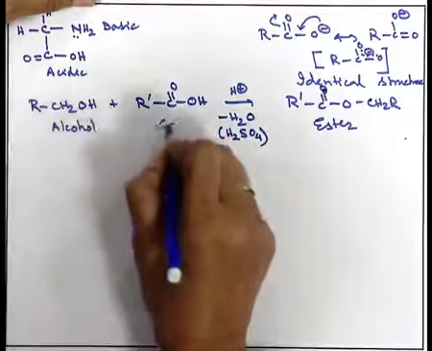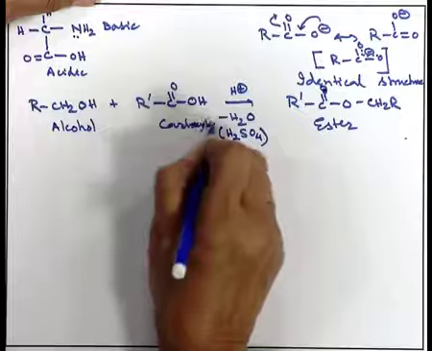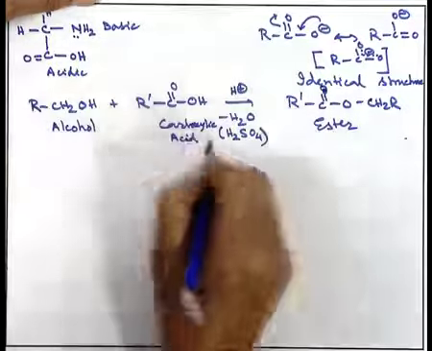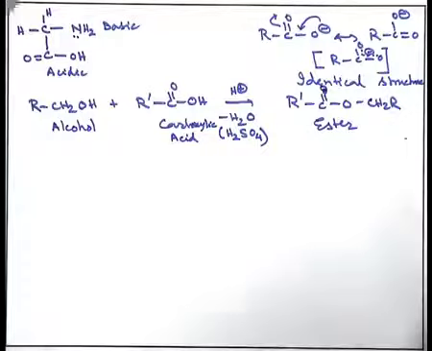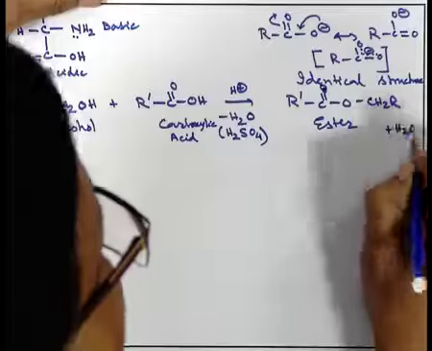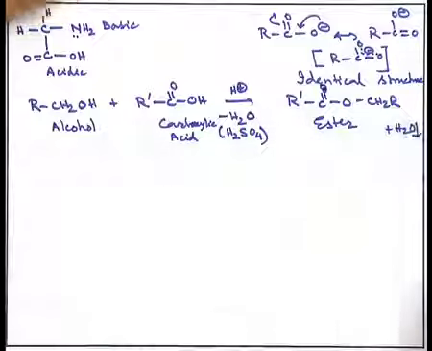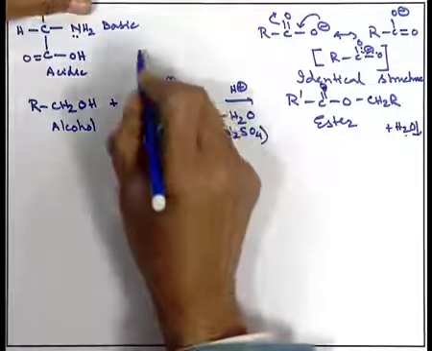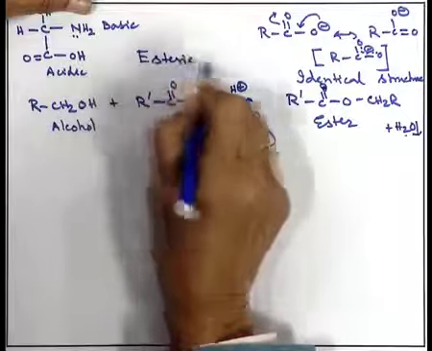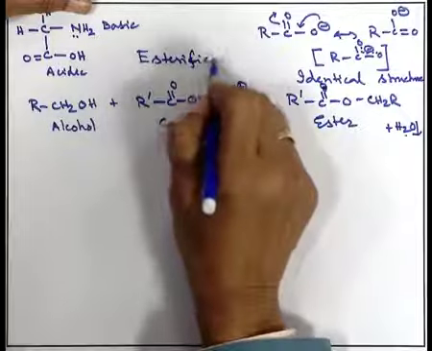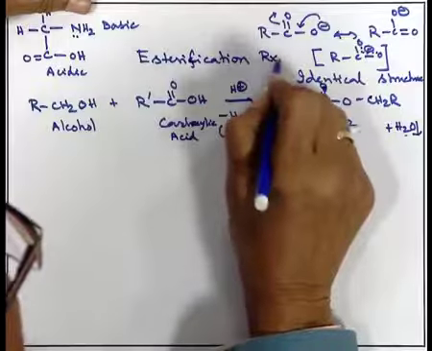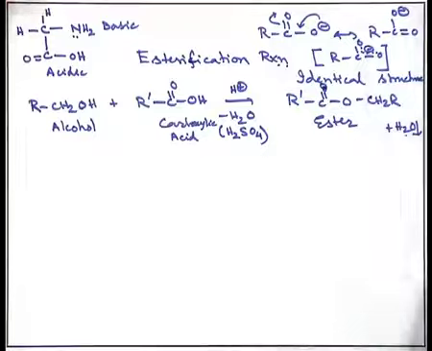So, when alcohol and carboxylic acid are mixed together in presence of a little bit of sulfuric acid, which acts as not only an acidic reagent, but also a dehydrating reagent, that helps in the production of an ester, together with some water, and that water will be taken care of by the sulfuric acid. So, this reaction is called an esterification reaction. So, we understand that when an acidic group is present and a basic or neutral group is present, they can form an ester like this.